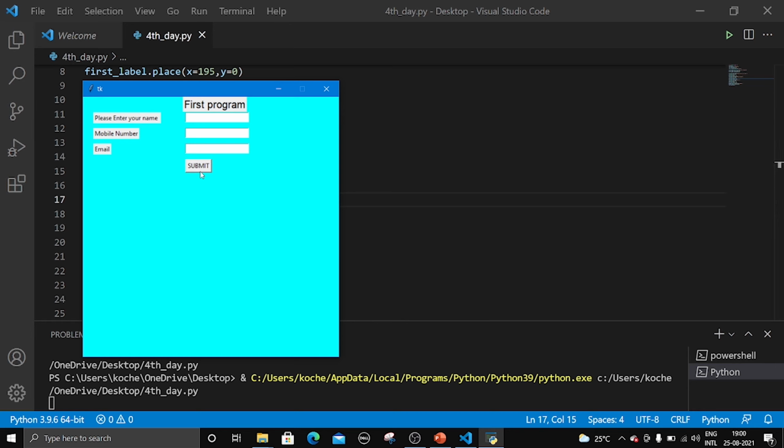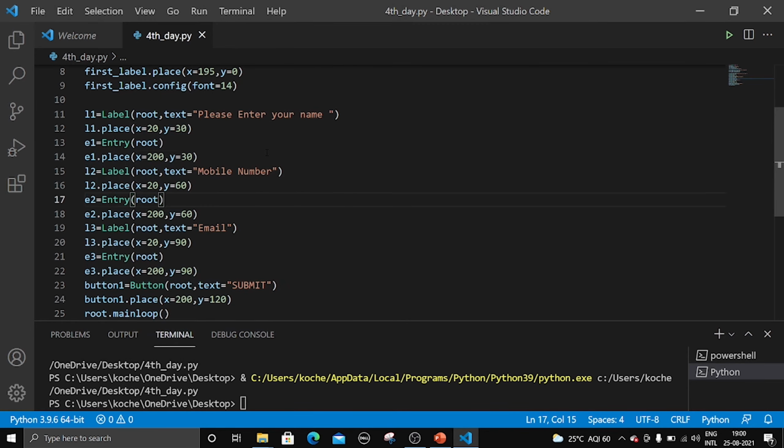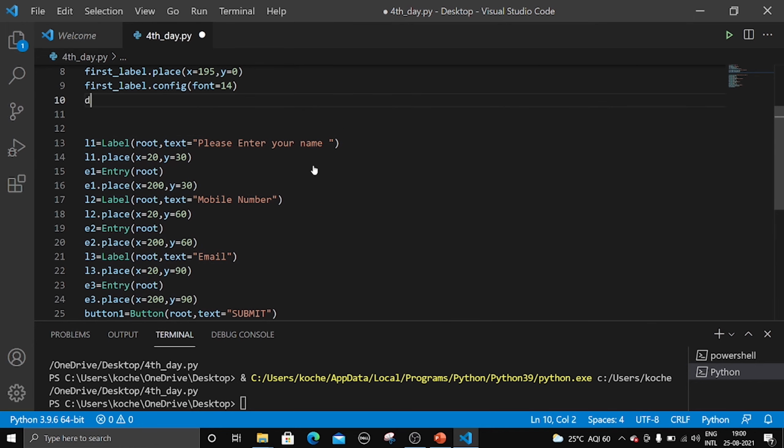Yes, so now submit is not working. Why is it not working? Because we haven't provided any command. So what is our goal? Once we enter the 3 details and press the submit, everything should be displayed. So let us try to do that. Let us create a def function, define my function, and